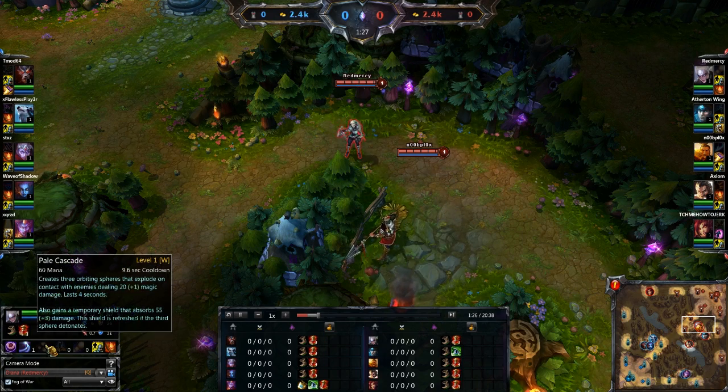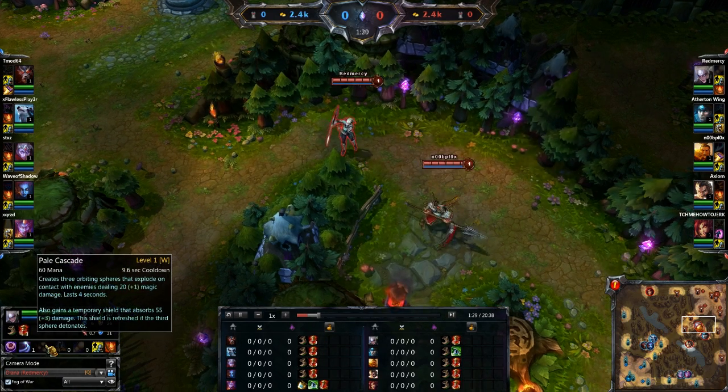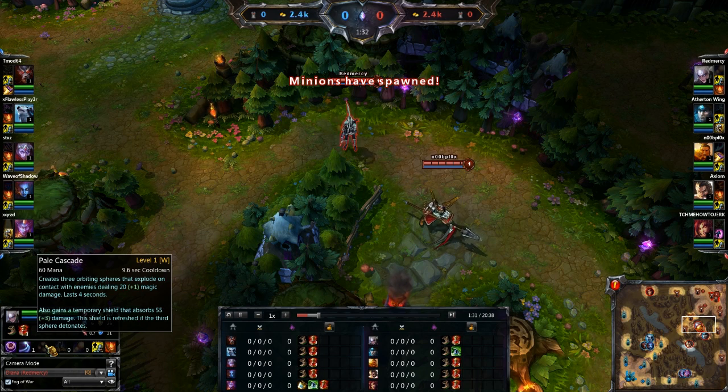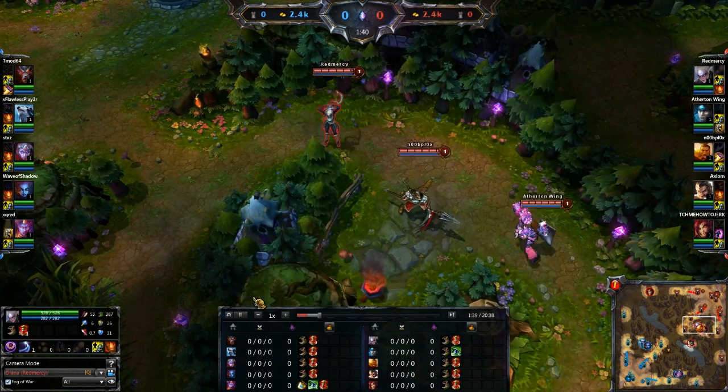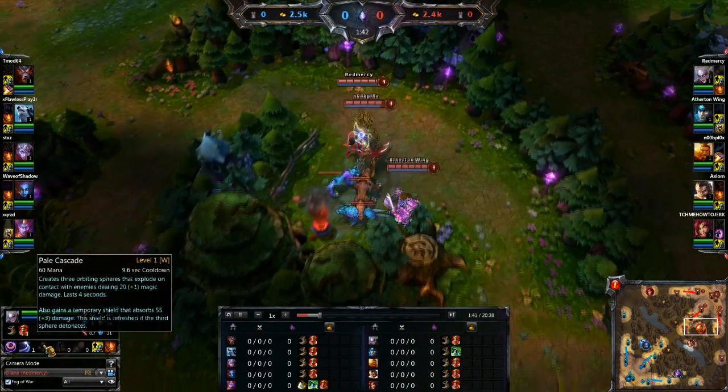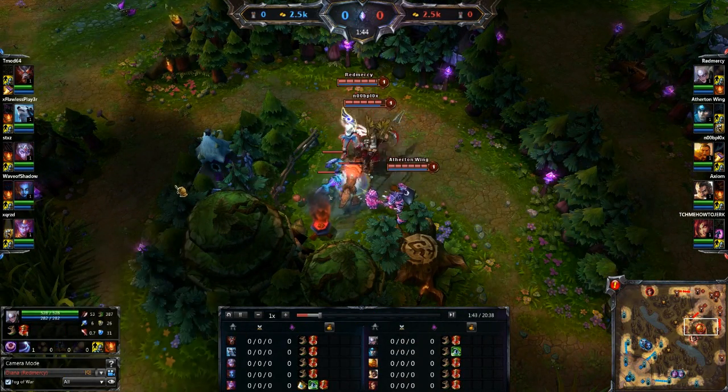Her W is pretty much like Ari's, except it doesn't go to the nearest person. You have to walk into them, and it's really good because once you get a lot of AP, this is what I like about her. You can build her AP, and since you're building her AP, it's kind of like a Riven, you'll still be tanky because of her W. So once you get about 300 AP, you're going to have about...